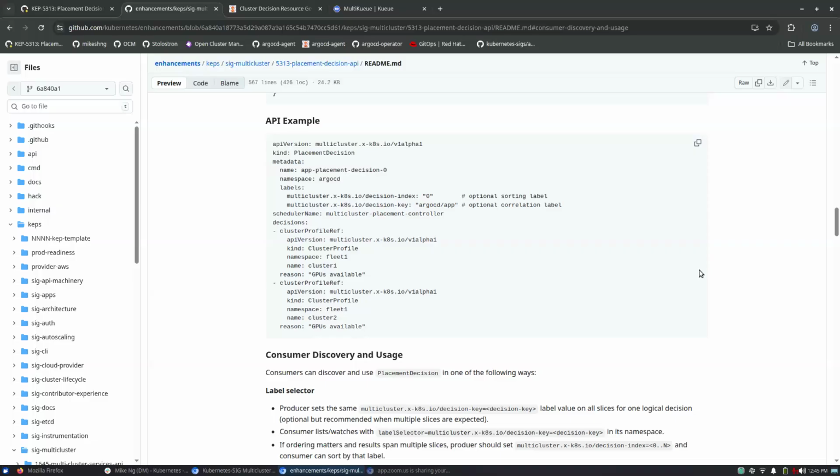To tie this to the prior conversation, I feel like this decision key is linking the request. Not shown on the diagram is the step where somebody asks the scheduler, where should I put this thing? Which I think is the part that you're trying to avoid, but also the part Jeremy is asking about: how does that handoff occur?